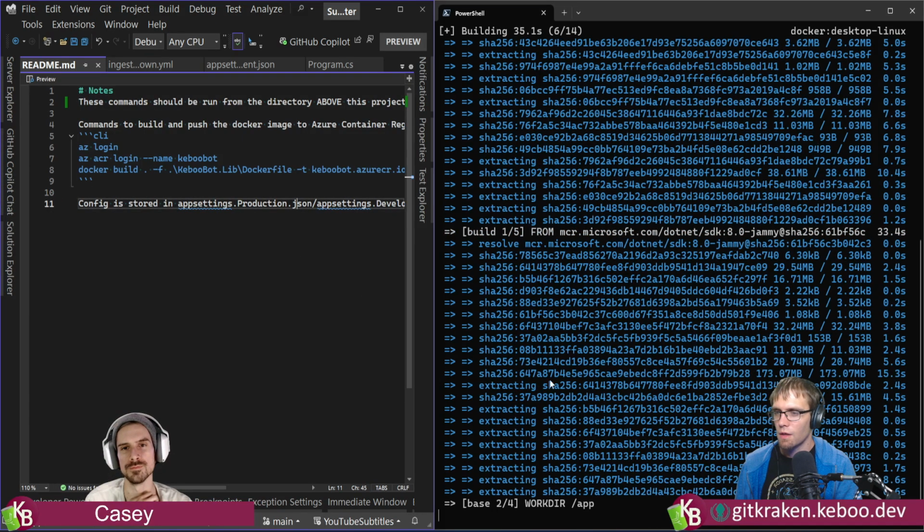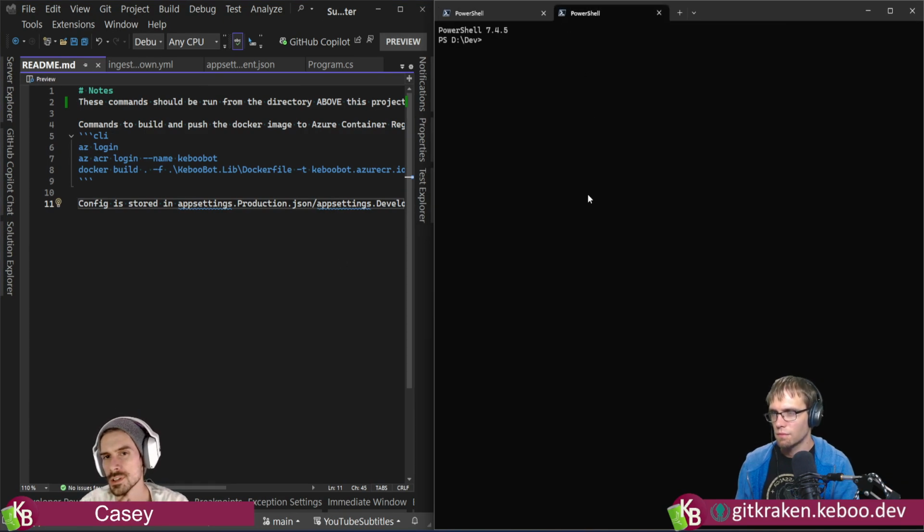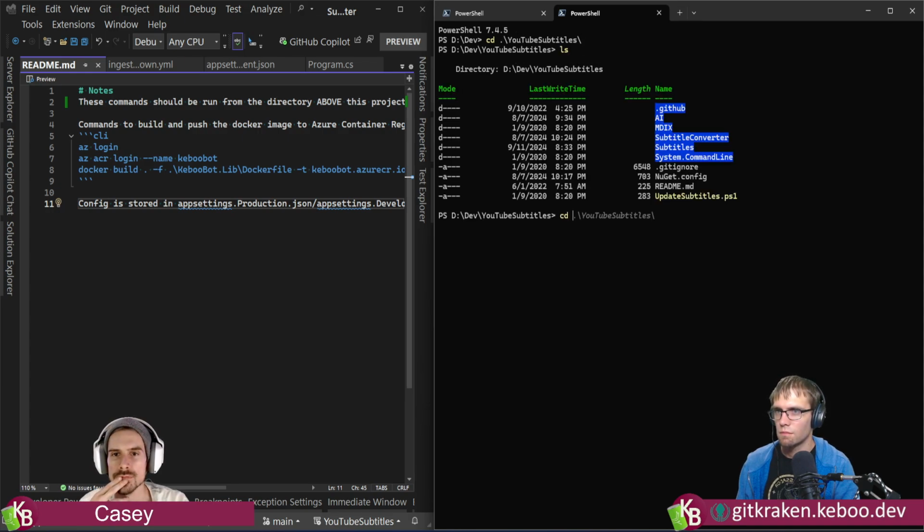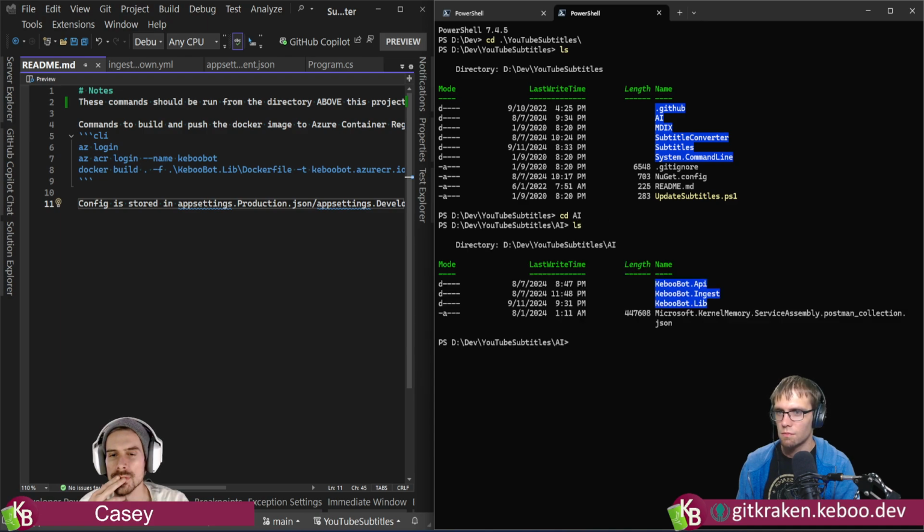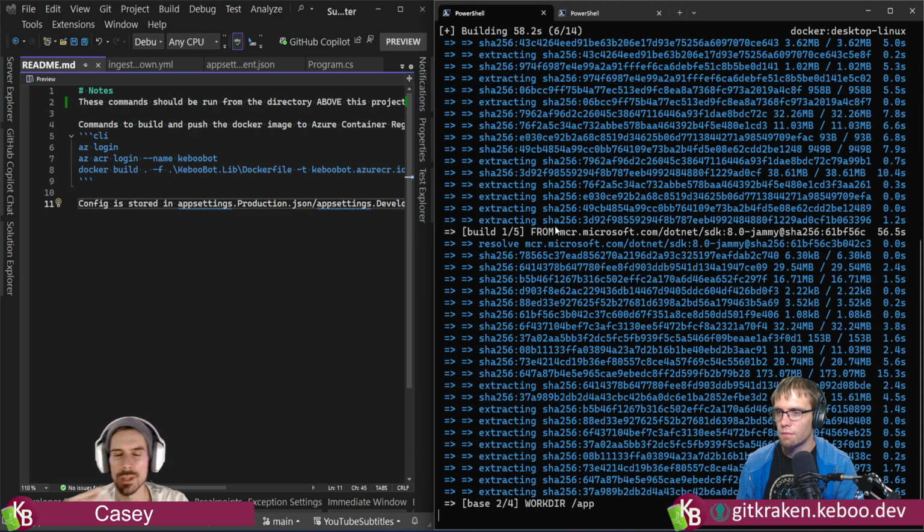Sorry, you wanted me to ls on which folder? ls the folder you're in that you're running the Docker command in. It's this one. Yep. Interesting. Just up a folder. Yeah.